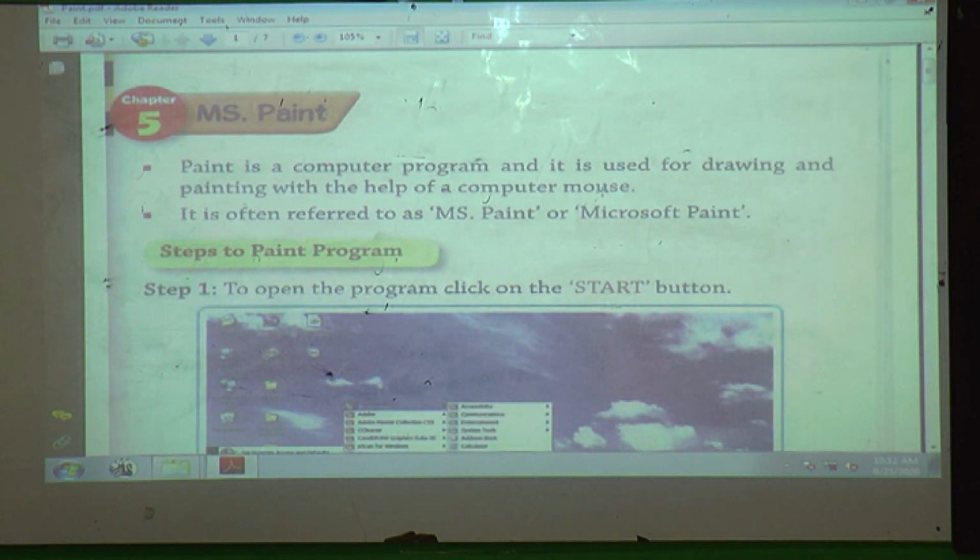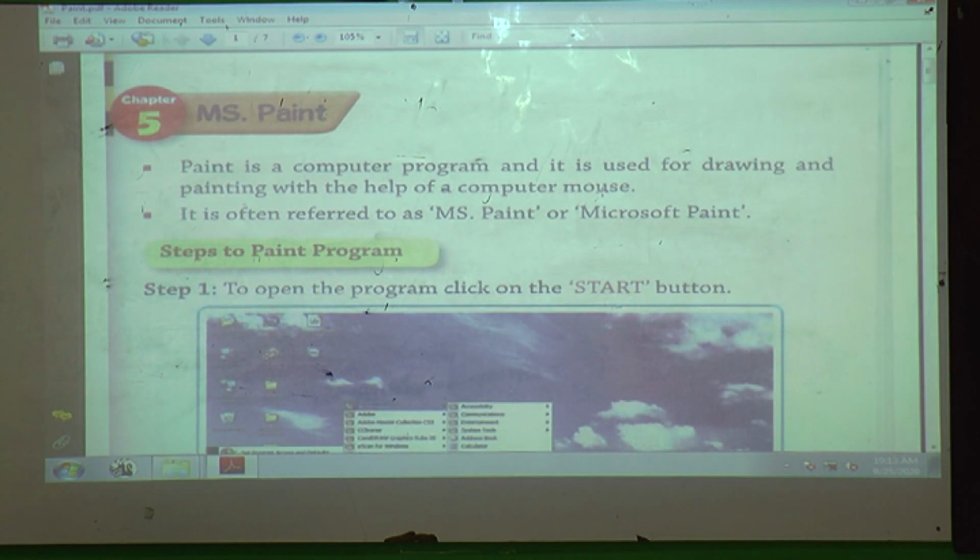We discussed in last period parts of computer also. Computers have which parts? Yes, monitor, keyboard, mouse, CPU. Means if you want to draw in a computer, which part is helpful for us?